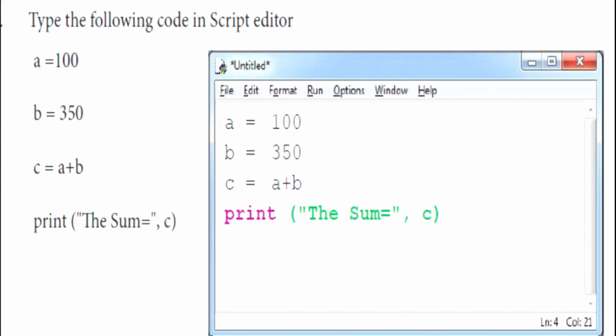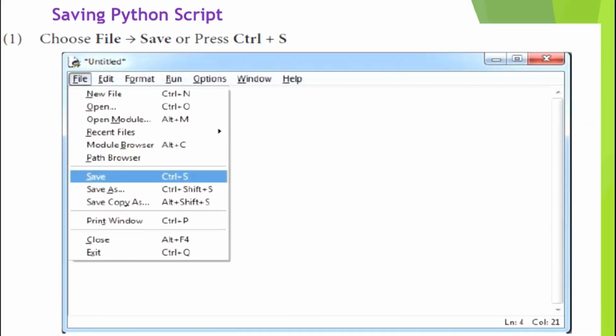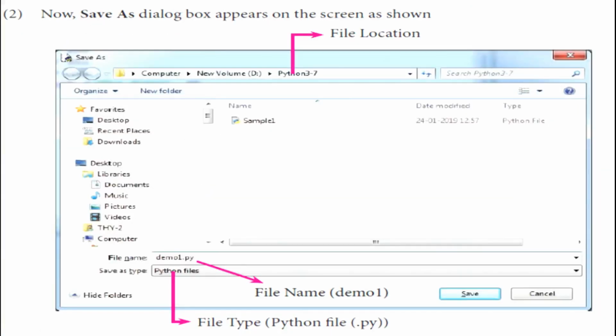After that, you save your file. Just like simple programs are saved in C or C++, similarly here we save the file. Choose File, Save, or press Ctrl S. Simply go to the File menu and then Save. Now the Save As dialog box appears on the screen as shown here.